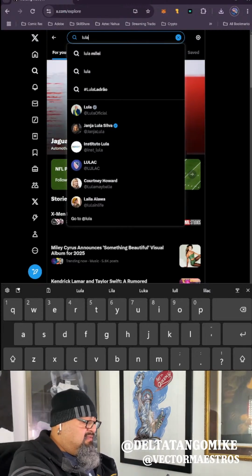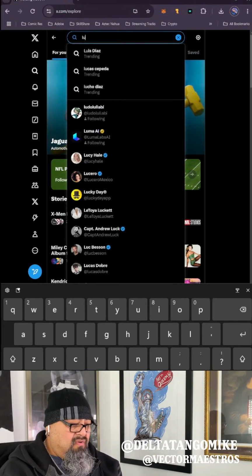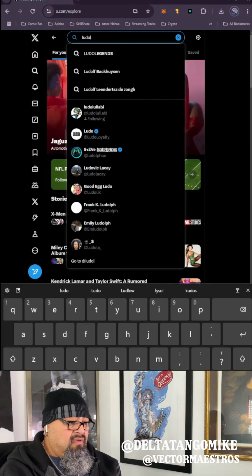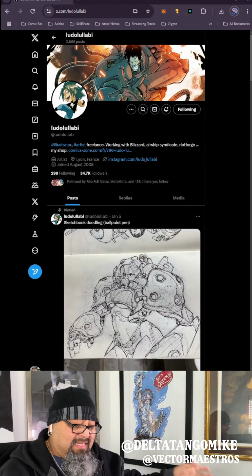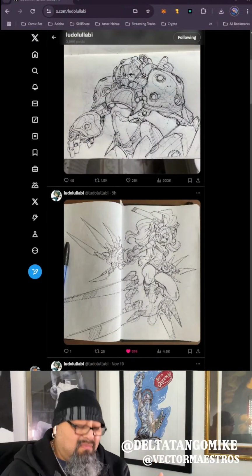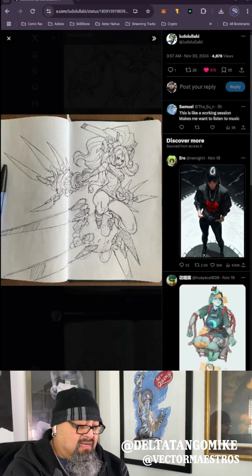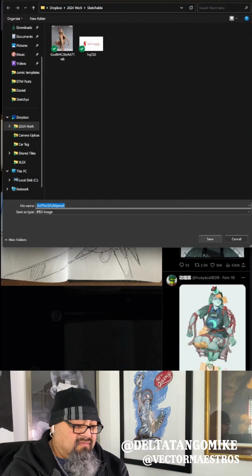I have them saved in my phone. This artist's poses are just crazy, insane. So much energy, so much dynamic movement. Especially this one. Look at that. I like it. Save image. There we go. We'll save it right there.